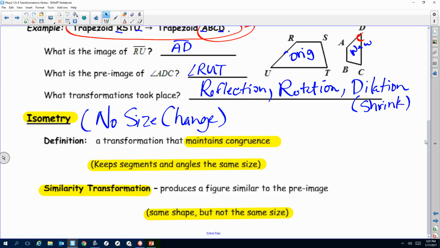Similarity transformation is when the shape is the same but the size is not. So what would be an example of similarity transformation? Yeah, this would be a similarity transformation. Okay, the size got changed. All right, so what we have here,